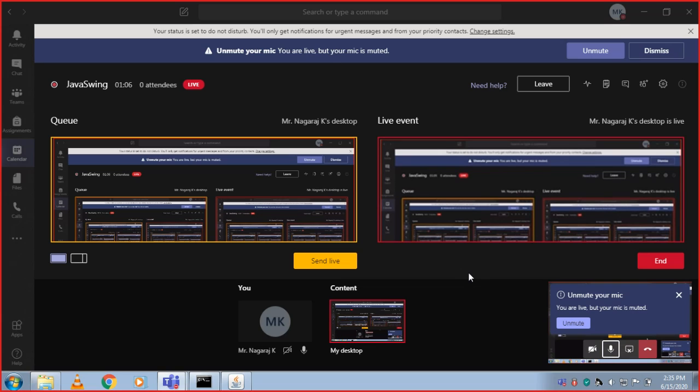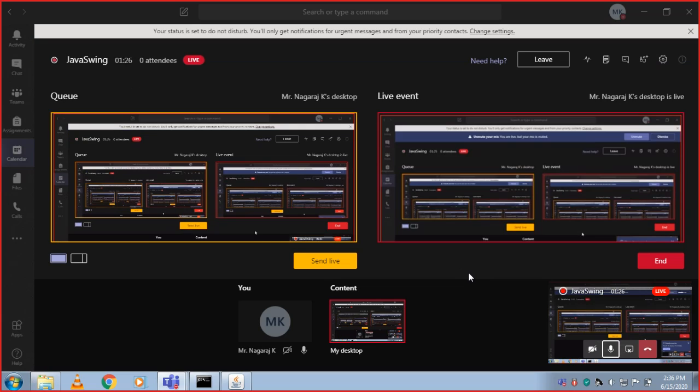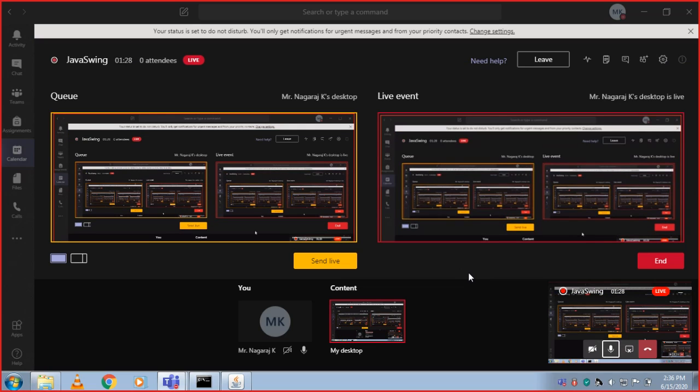Now we are going to look at Java Swing. Java Swing is a part of Java Foundation Classes, which is a set of graphical user interface components which simplify development of desktop applications. Java Swing was introduced in the year 1997. Before that, there was already the Abstract Window Toolkit, AWT. And Java Swing is built on top of that AWT.